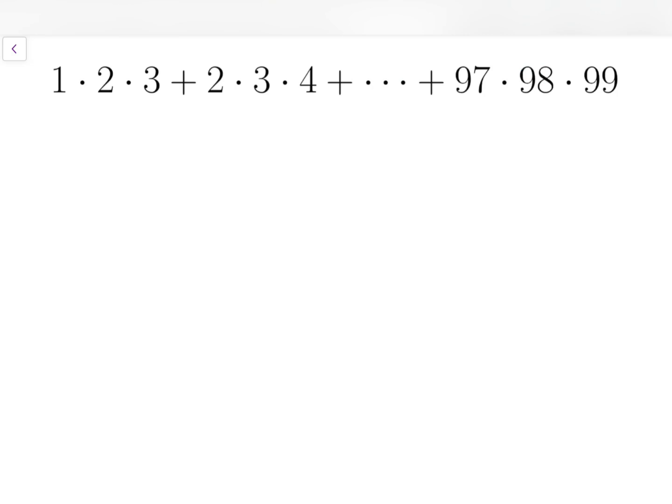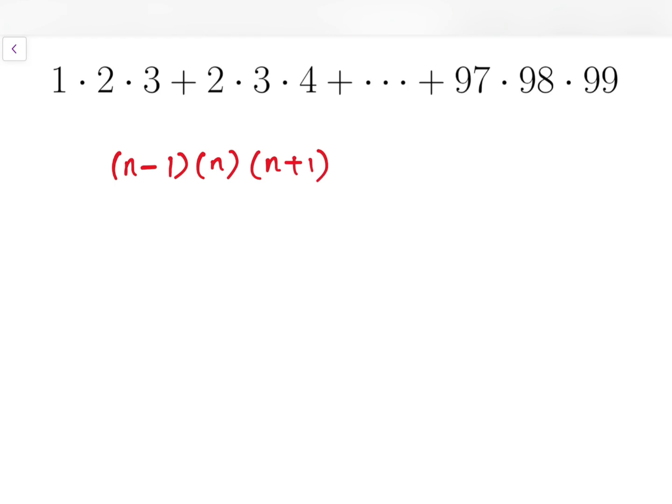To evaluate this series, I'm going to rewrite each term into the following. For example, 1 times 2 times 3 is in general of the form n minus 1 times n times n plus 1. This is because they are 3 consecutive natural numbers. With this general form, 1 times 2 times 3 is the case when n is equal to 2, while 2 times 3 times 4 is the case when n equals 3, and so on, up to when